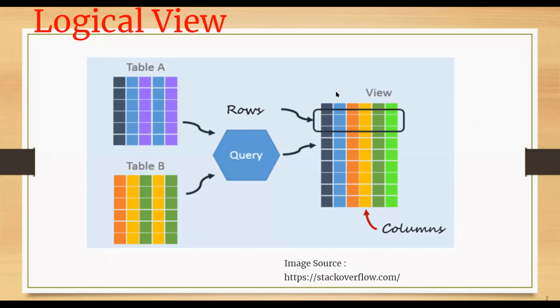Whenever we talk about a table in a relational database, it needs to have some important characteristics. The very first: each row should contain only one value for each column. Second, all values in a given column should be of the same type. For example, if I define the data type as integer, then the values stored in that column should be of type integer only. It cannot be of any other type. So that is the logical view of your database.